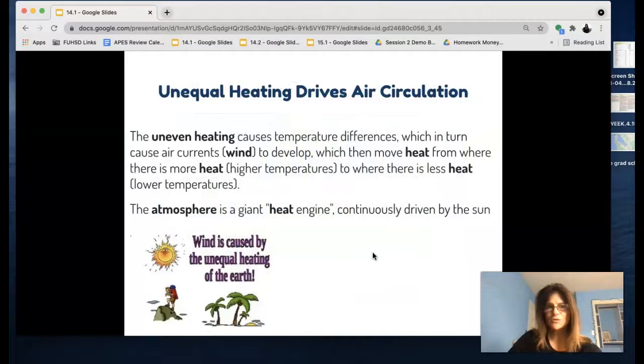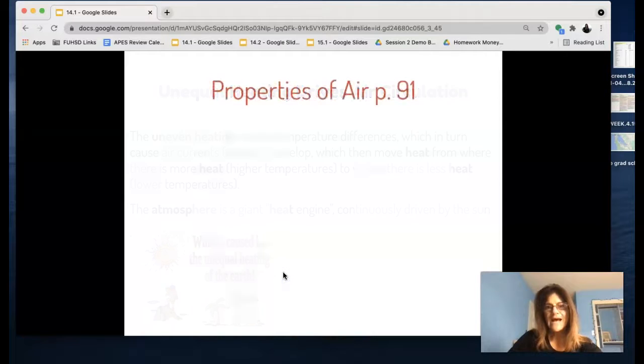Now, this unequal heating is what drives air circulation on our planet. In other words, it creates the wind. So you can think of the atmosphere as a giant heat engine that is being driven by the sun. But before we can truly understand the wind patterns on planet Earth, we have to remember the basic properties of